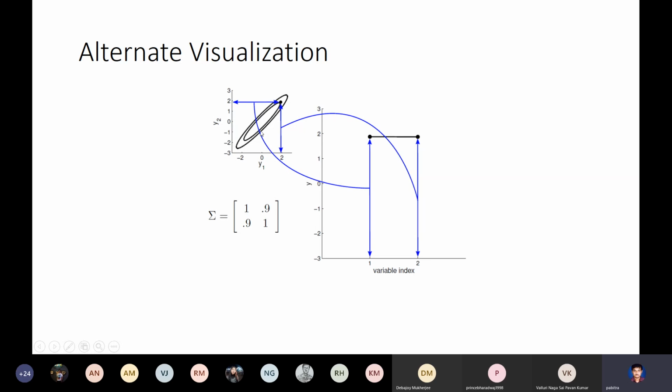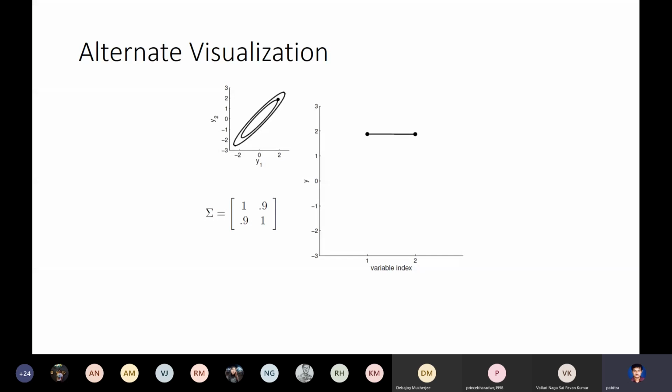So given this distribution, now what I can do is take a different sample, draw a different sample. If I draw a different sample, both y1 and y2 values will change, and then this bar kind of thing will also change. Okay, so let us see.